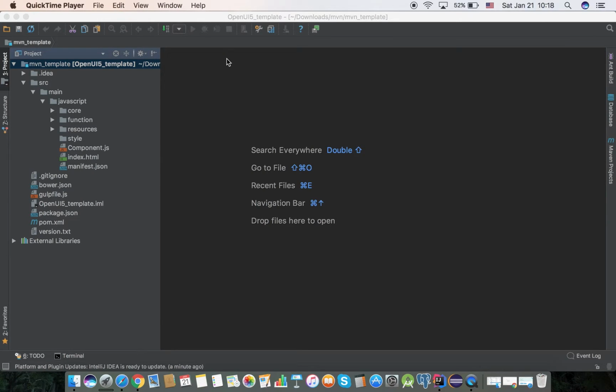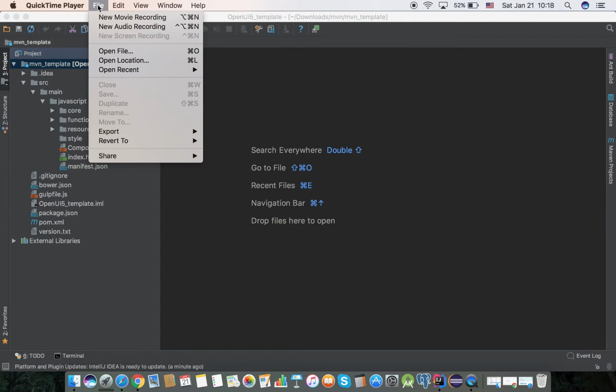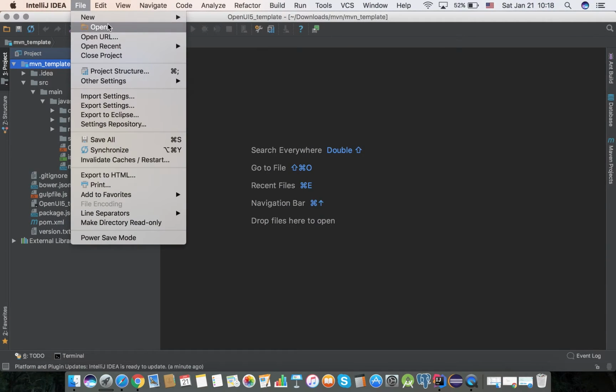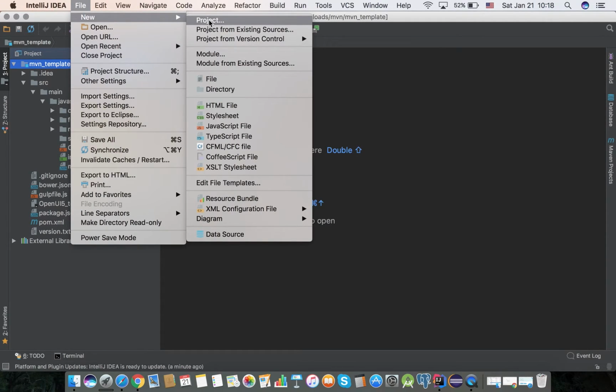Hello everyone, today we will create a Maven project with OpenUI5, build it and run it. So I have already prepared a template, but I would like to show you how to create such a template, such a project in IDEA. So click File, New Project,